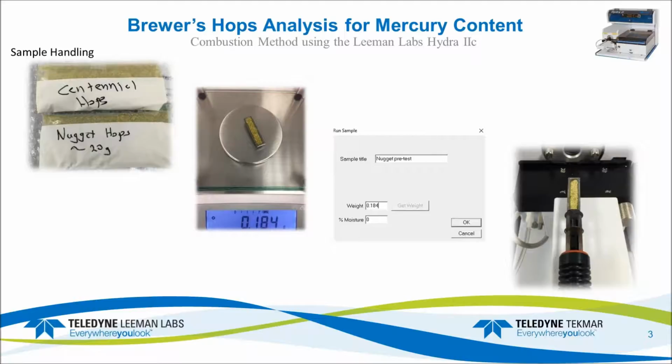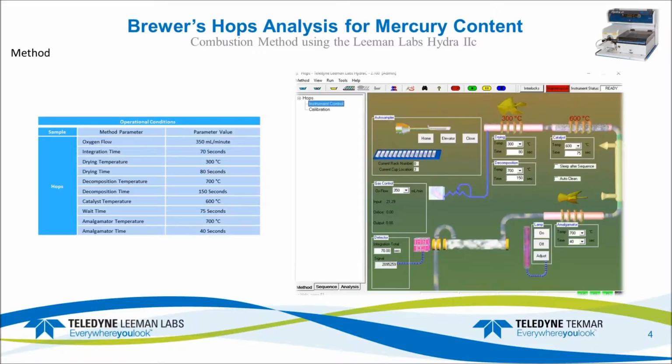The system can be run in such a way that you can actually hook up a scale and input the weight via the scale. You can manually do it, as I did in these first initial steps. In the graphic where the sample is being run, you simply type in the weight and set the boat on the forks right before it goes into the oven for drying and combustion. That's one way you can do it, or you can also set it up so that you have your boat shuttles and load up everything in a boat